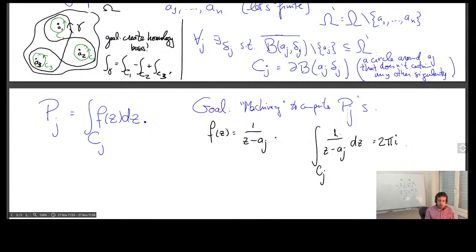Now, maybe to try convincing you that this is actually more than just a single function, think back to when we studied poles: functions with singularities basically corresponded to polynomials in 1 over z, or 1 over z minus the singularity. So you can imagine that f(z) around aj will look like a sum of different powers of z minus aj. But all the other powers will have integral 0. We've seen this too: if it's a positive power of z minus aj, it's just analytic. And even if it's a negative power, as long as it's not the power minus 1, it's the derivative of a function, and so it was okay.